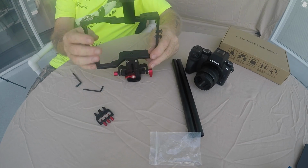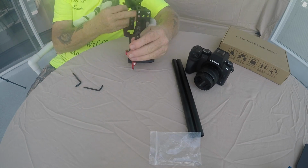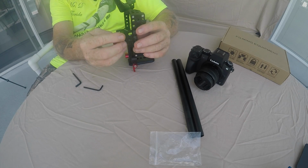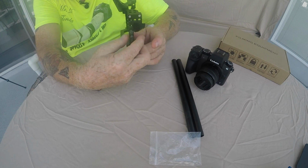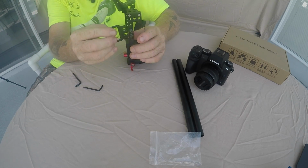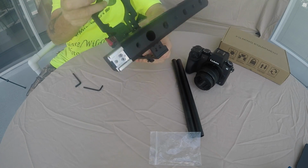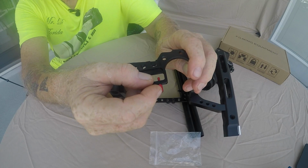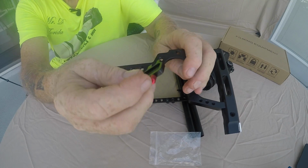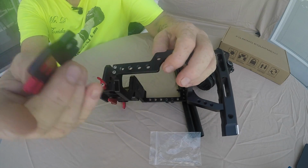Okay, the handle's all installed, and basically the cage is put together. Now if you're going to use the cable hold downs for this particular camera, you can only use it for the mic one, unfortunately, because the spacing here, let's see if we can get a close shot, it looks like it's lined up, but it's not. So I'm going to ream out one of these right here,